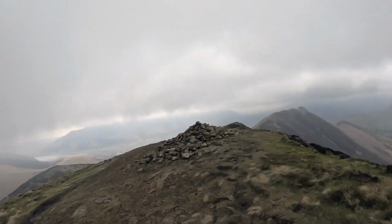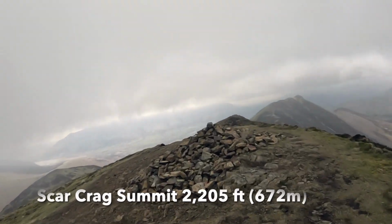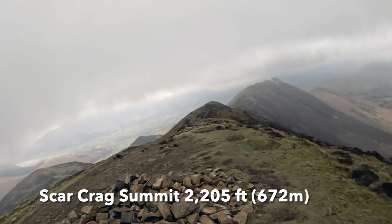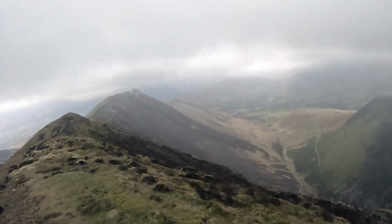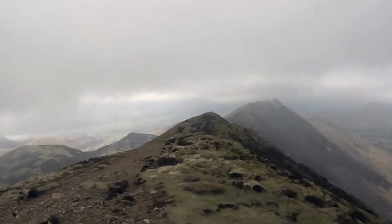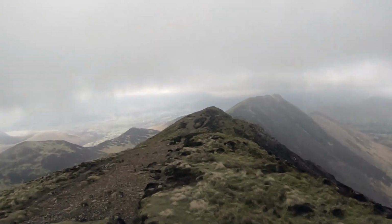That's Scar Crags done, and one more Wainwright and we're complete for the day. Whoa! Stop there, it's now time for me to get out of here really. Clouds creeping in,